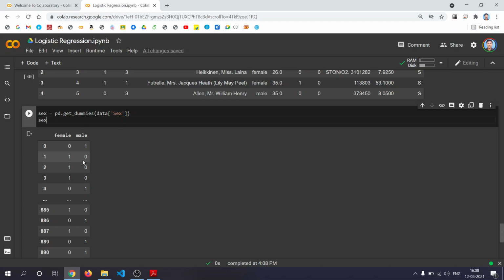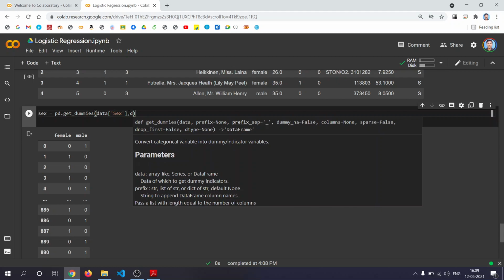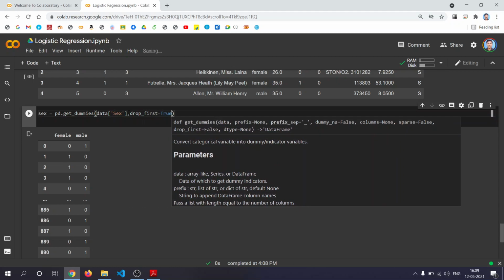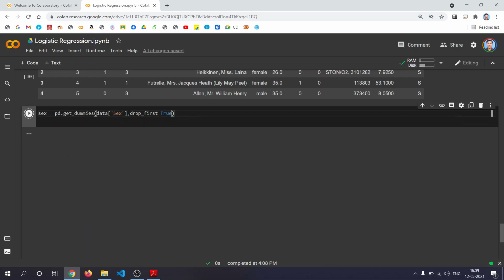You can actually remove one column out of it, because by representing 1 and 0 just opposite, using only one column you can represent it. So this is how you do it. You use a command here, drop_first equal to true. So the first column will be dropped.